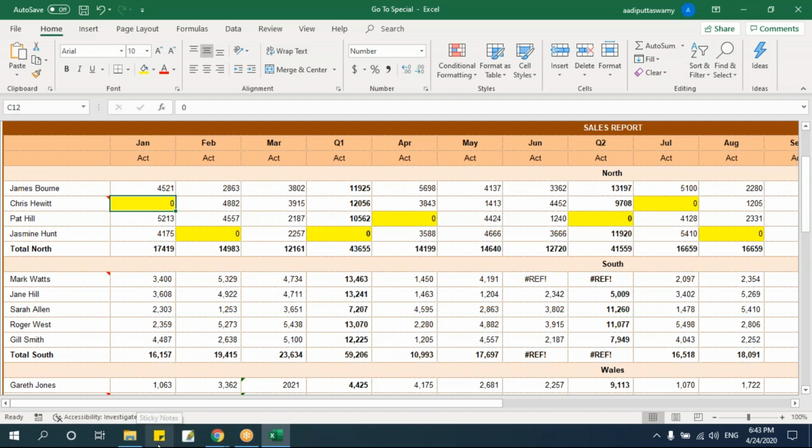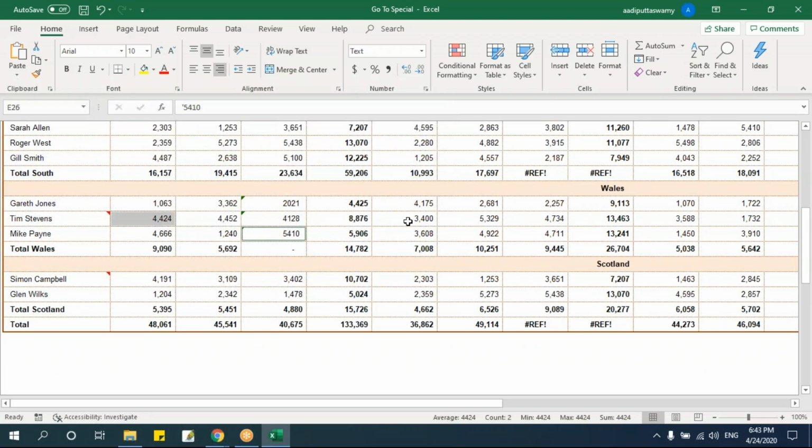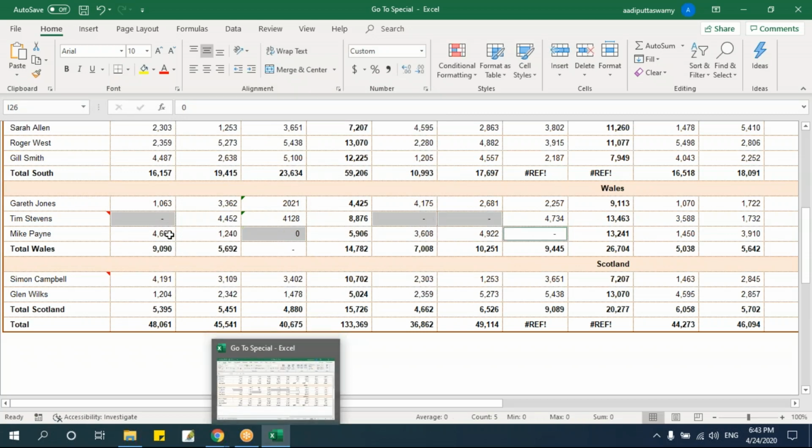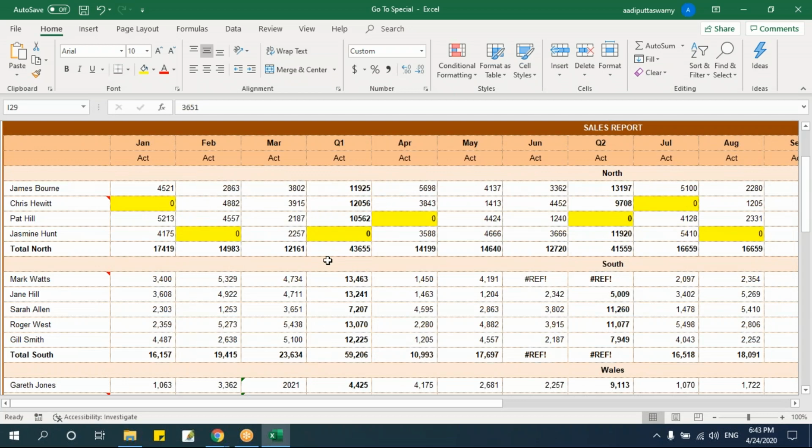It is not only for blanks. So any selected cell, say for example, I'll go here. See, I'll select this, select this, select this, select this. So if I'm typing something and I'm saying Control Enter, all the places will get that value. Same logic I'm using here. So Control Enter will give me the value for all the selected cells, whatever cell I'm using. Okay, so this is also one more use.